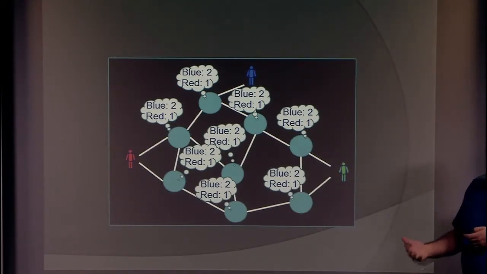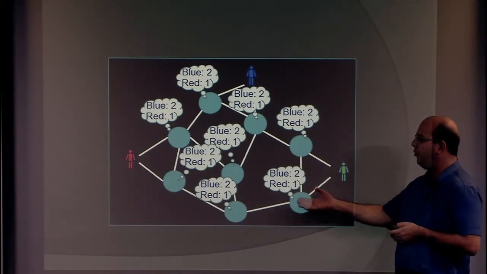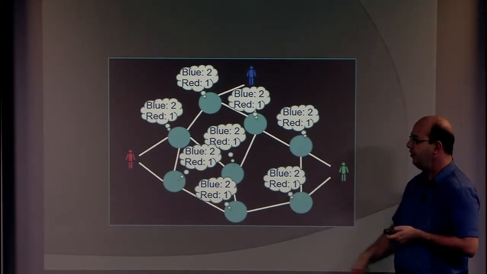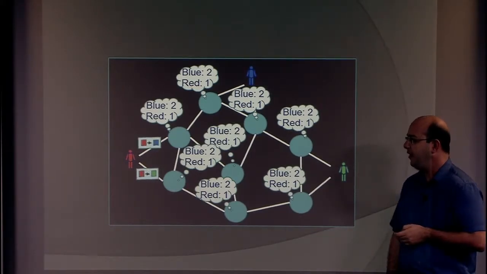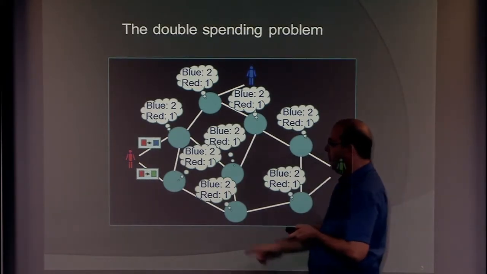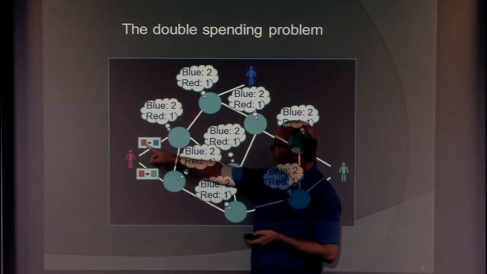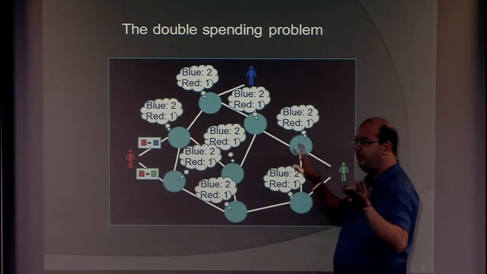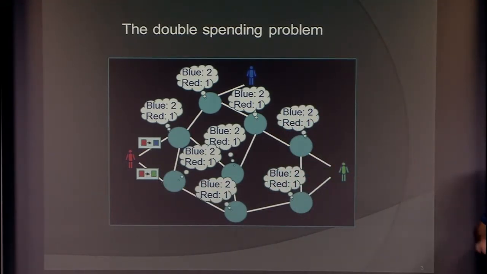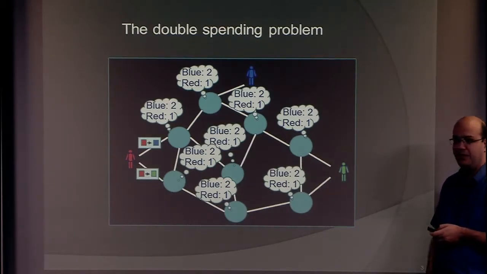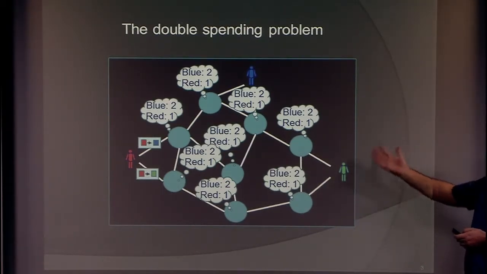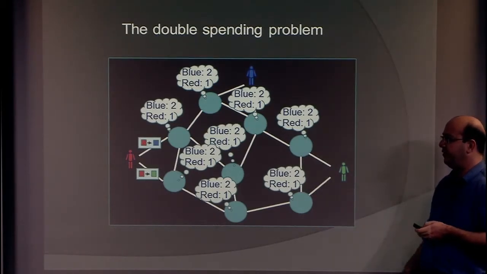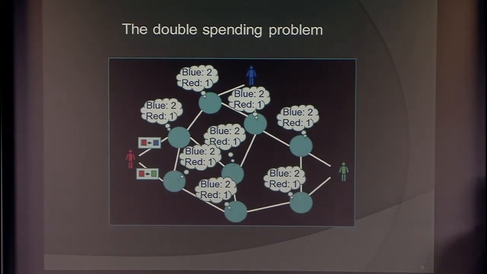And the real problem that we now face is that where before we had just a central entity that could check consistency, things are now more complicated. And you can think of the red agent maybe trying to pull some tricks on us. He's either moving money to the blue guy or moving it to the green guy. So he creates these two messages, and he sends them to different parts of the network at the same time, trying to confuse us. Okay, so this is the real challenge. And this is very related to the Byzantine generals problem, if you know it from distributed systems. And so this is what Bitcoin has to solve.